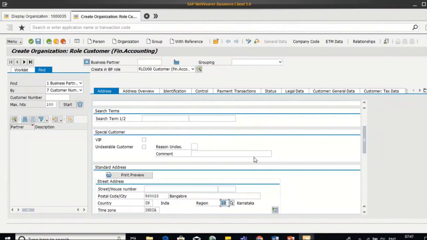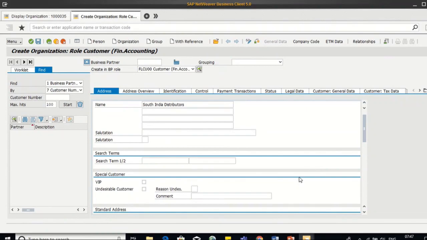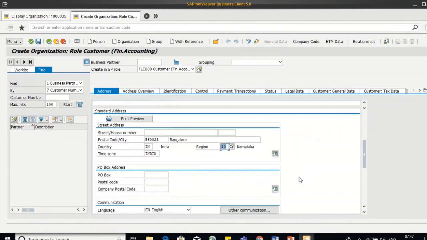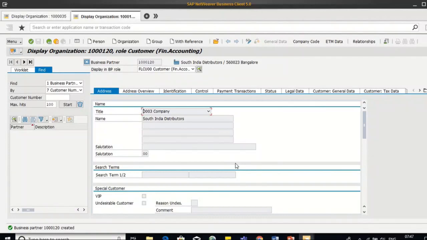Okay. So with this information, we'll save the data. Okay. So one number is generated, the number for business partner,